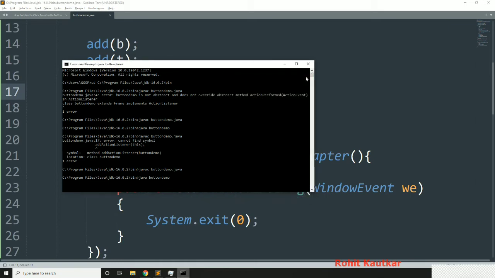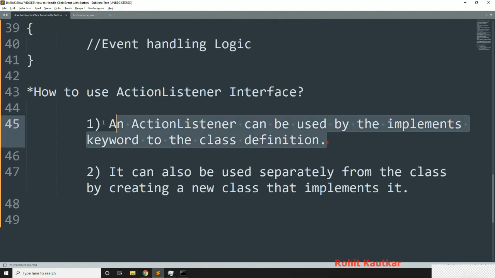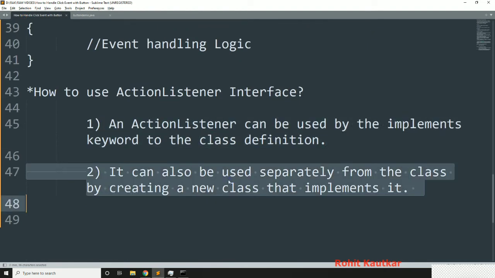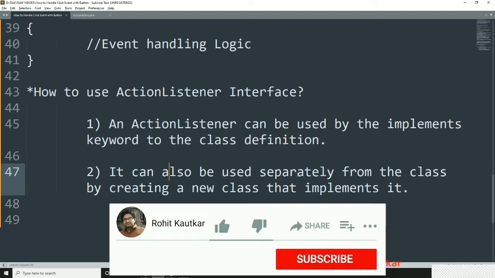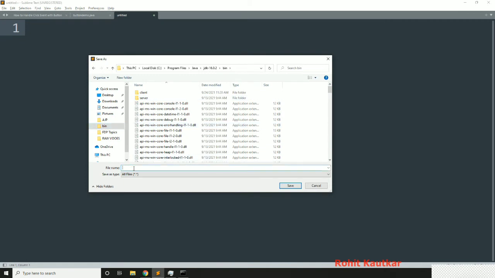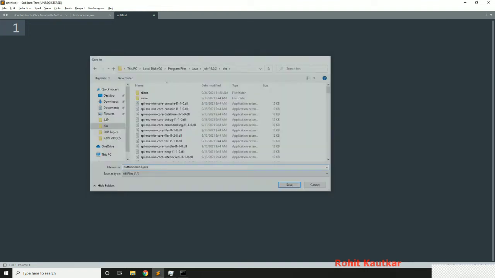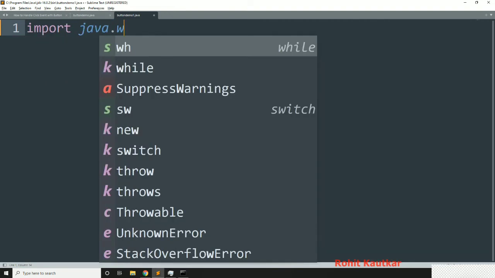Okay, now this is the first way. Now I will show you the second way, where we will use a separate class for implementing the ActionListener interface, and its object we will pass while adding the action listener. So for this I will create a new file over here. This file will have the name ButtonDemo1.java. Okay, and now here again I will import both of the packages